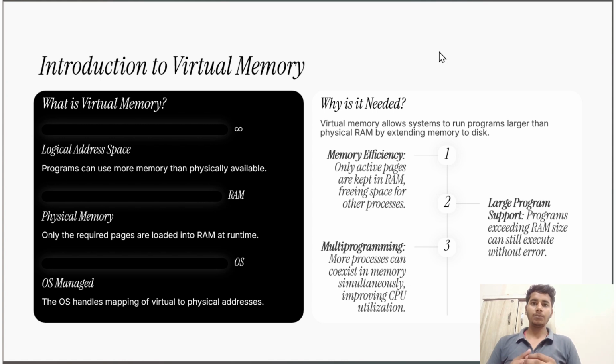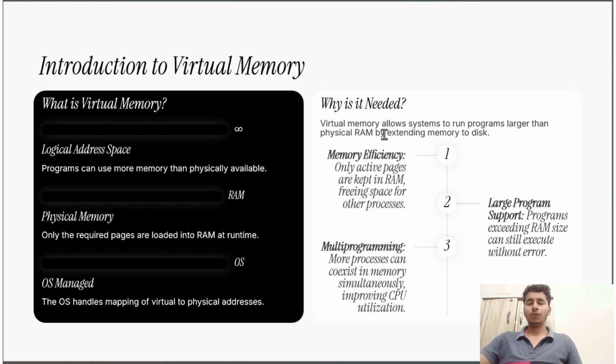So for those programs we use virtual memory. Virtual memory simply converts the physical storage or physical memory into a temporary RAM where we can place our programs' data which are not necessary to be present in the RAM, but they are essential for the progress of